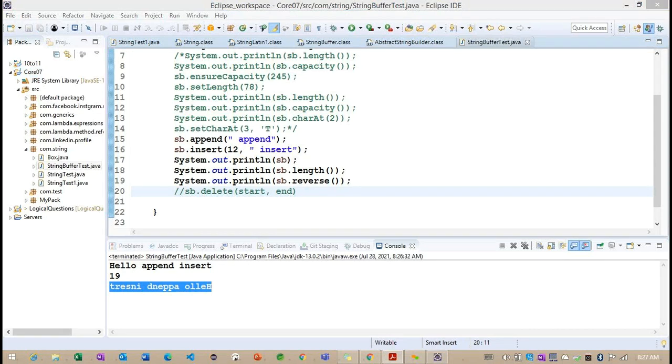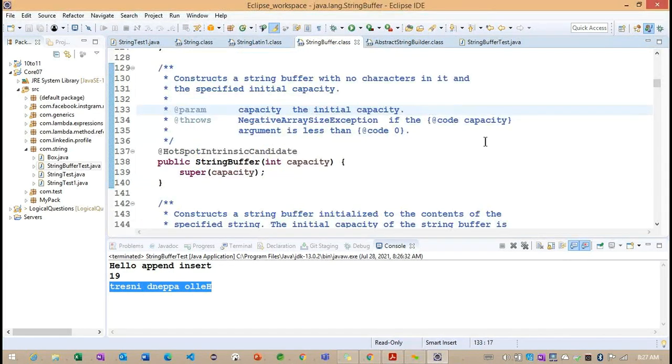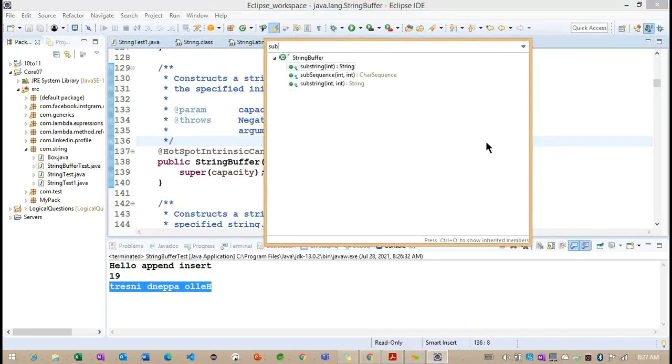Now, substring. Substring we already discussed in our String class. The same substring functionality is going to work in our StringBuffer class. Getting the point? So we don't want to discuss it one more time here. In the same way, we are going to have only two methods. Let's see